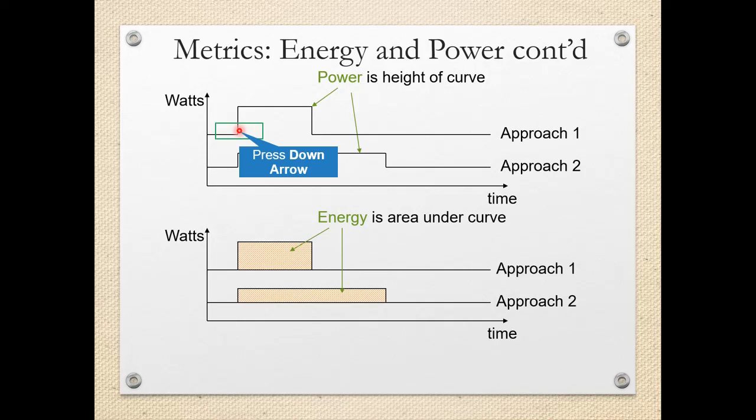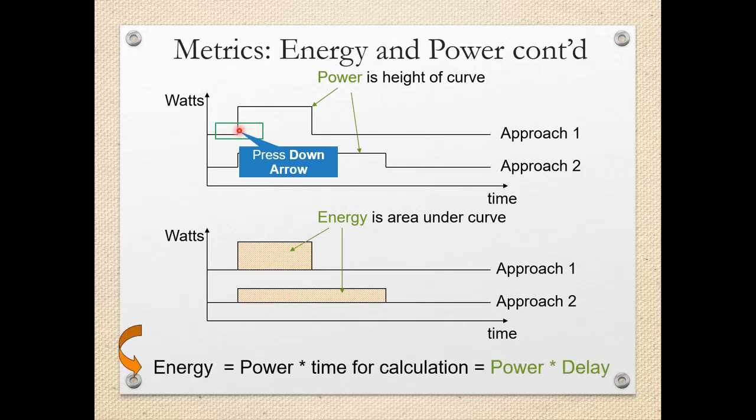So instead of only measuring the height of the curve, if we measure the area under the curve, it will become energy, because it is power multiplied by time. Power multiplied by delay or time is nothing but the energy consumption. Hence, for CMOS circuits, instead of only taking the height of the curve, that is the power, we are taking energy, which is power multiplied by time, also called the power delay product, that gives the exact and correct picture about the energy consumption or the power consumption. Hence, for CMOS circuits, we are going to consider the power delay product.